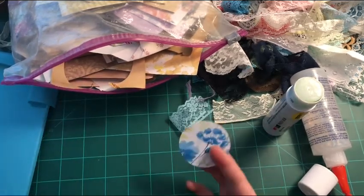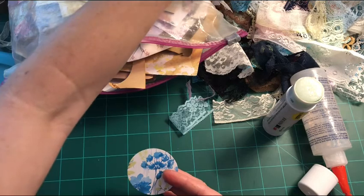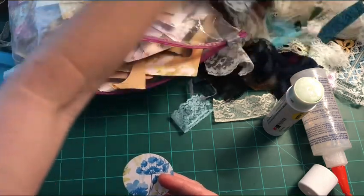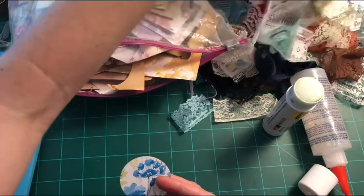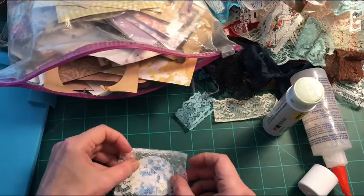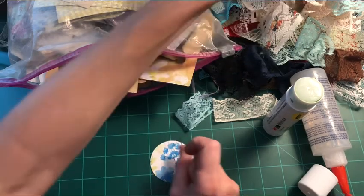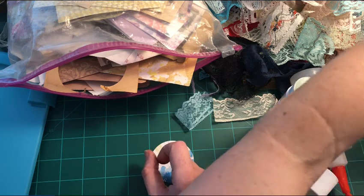Now you can just build on this if you would like to, or we can continue with some lace see-through pieces. I just love to use lace in my journals. When I'm doing something like the vintage lace, or I want to do a Victorian style journal, or just any journal in general, it's just so pretty in there. So I could cover this up with some lace, but I feel like that may be overkill here with that particular piece of lace. So let's see, maybe a little bit more of a